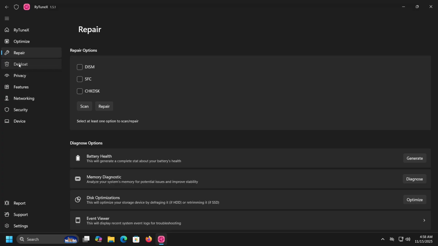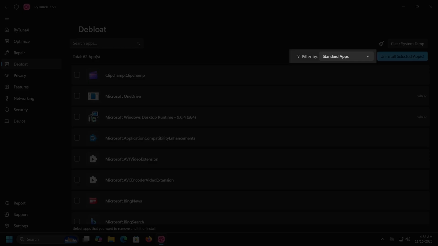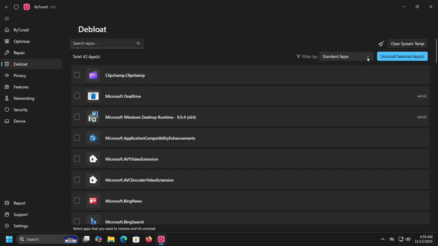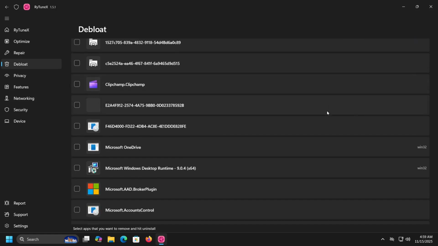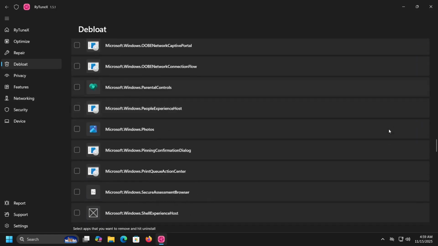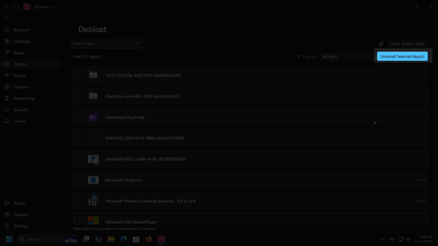When you click on Debloat, you will get a list of applications installed on your computer. System apps are not on this list by default, but you can change this by clicking the drop-down menu in the Filter By section and selecting the All Apps option. You can uninstall any detected apps that you don't need by selecting them and then clicking the Uninstall Selected Apps